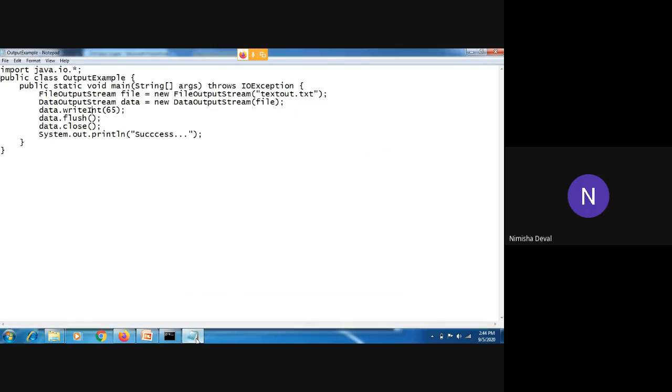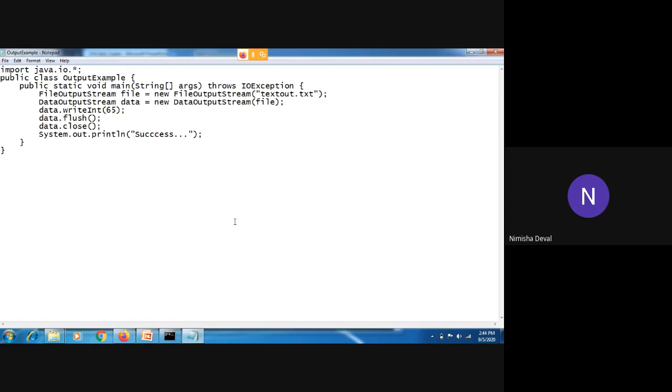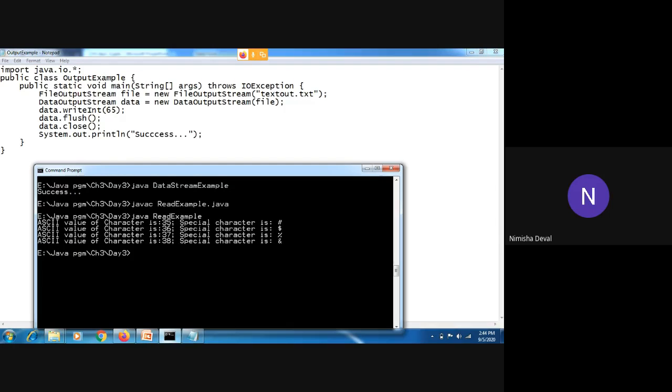According to that, first I have used the write int method to convert an ASCII value into a character value. Okay, and by default these values get converted into characters. You can see over here, it is used to write an integer to the output stream. Okay, so it will directly take an integer value as input. So I will execute the program.